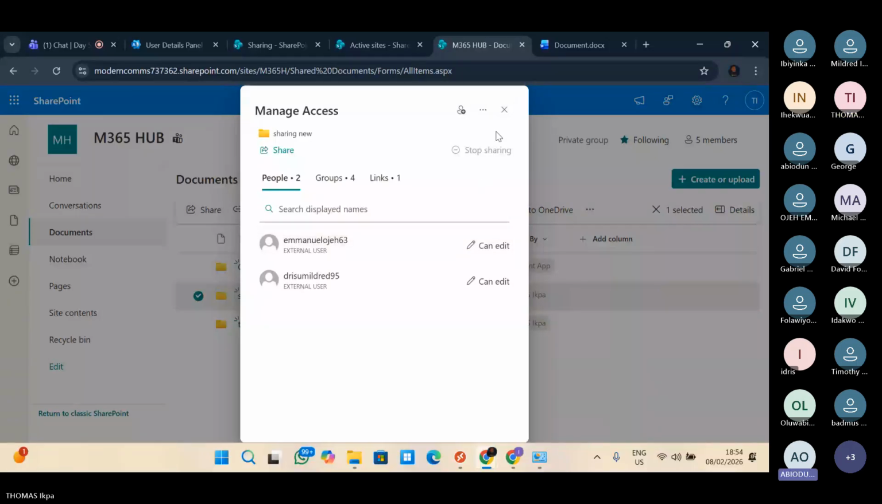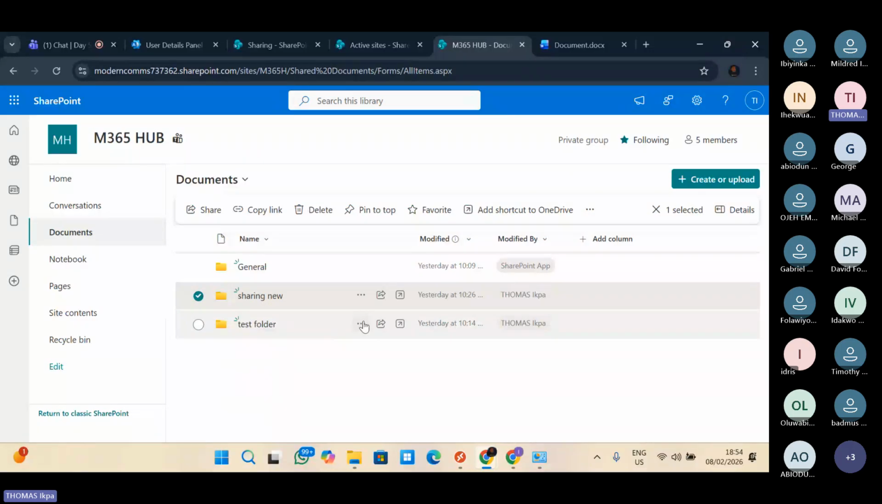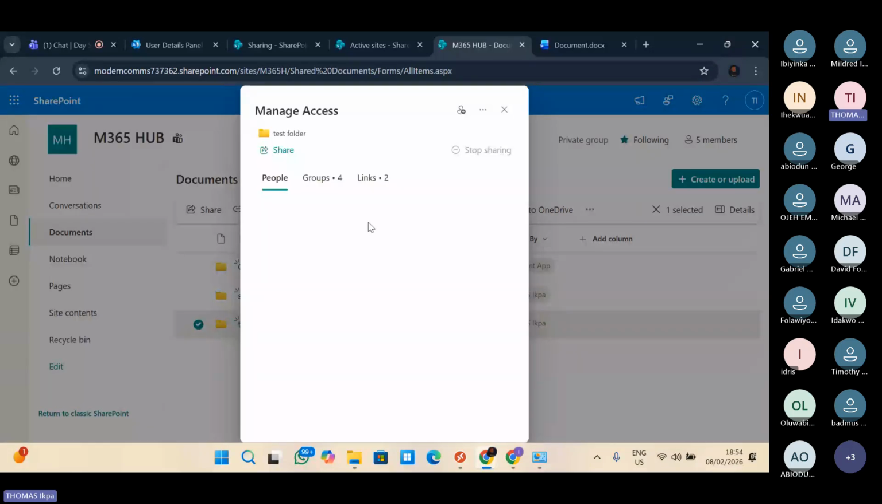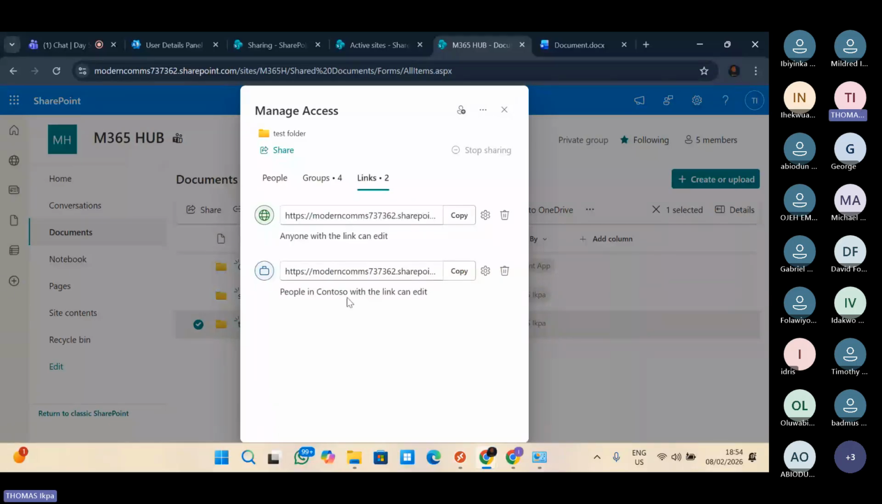This one also. Nobody's here. And you can see this one has two links. I created two links yesterday, that's why I show you here now. So if I disable it here now, if I delete it,